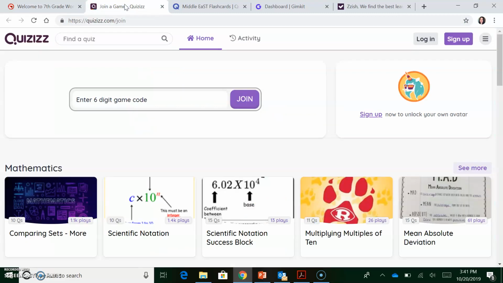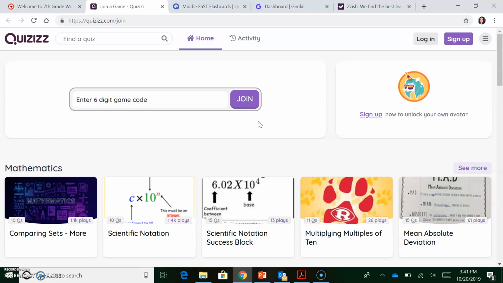When students get into Quizizz, they'll enter the code here, and then they'll click join. What's fun about Quizizz is it gives you a timer, but it's not nearly as short as Kahoot. Also, whether you get a question wrong or right, they'll always post some memes to be fun and funny, but also encouraging. Students also have the opportunity to try the question again later, so it's constantly looping.